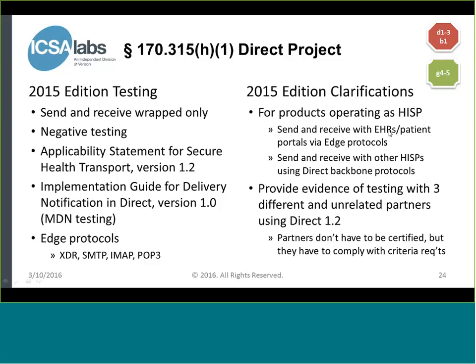That's the applicability statement for secure health transport. The partners themselves do not have to be certified, but they have to comply with the criteria requirements all the same. So for each product wanting to test to H1 or H2, you're going to need to find on your own 3 other partners who are implementing 1.2, the applicability statement,